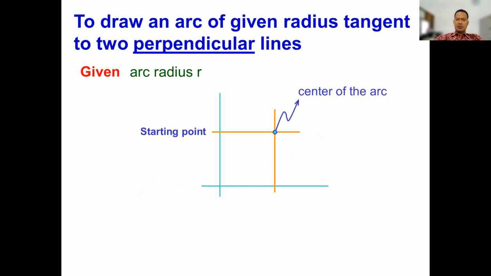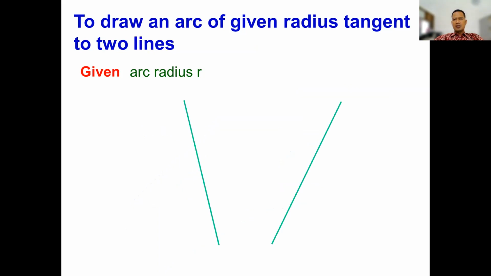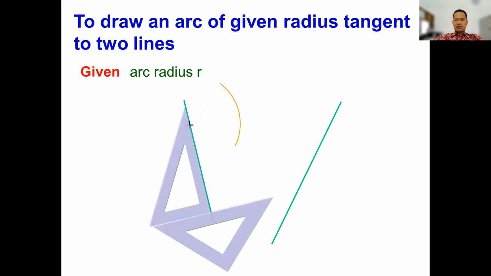Then this is the starting point, and this is the ending point. You can draw by using compass. Then you will get the arch like this. To draw an arch of given radius tangent of two lines, given the arch radius R, for example, from this point with the R radius, and for the another point, you can draw